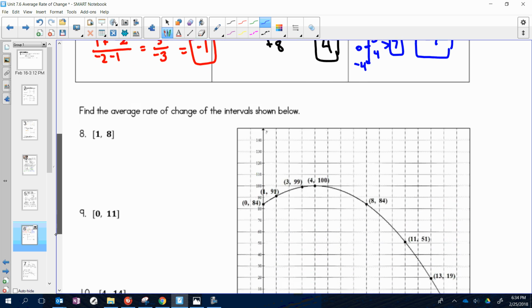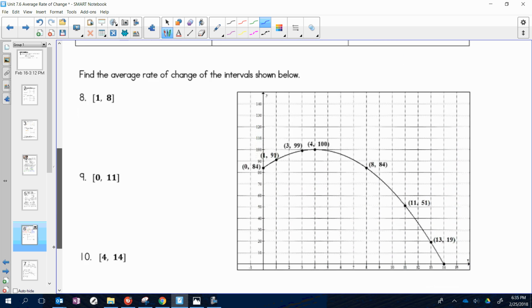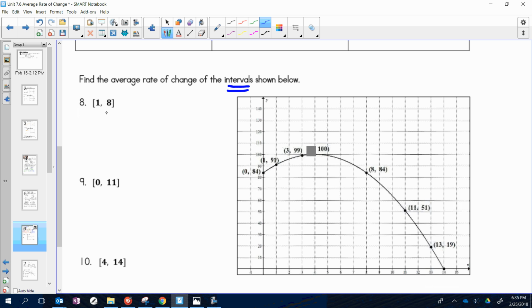Okay, this last question, they give me 3 different intervals. 1, 8. An interval means we're going in the x direction, and we're looking for the rate of change. It doesn't always mean you're going in the x direction, but in this case, that's what they're assuming. So from 1 to 8, so I'm going to look at those points, 1 and 8. I'm going to make a table because it's easier for me to see things. At 1,